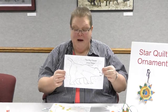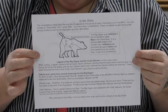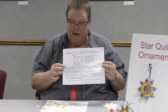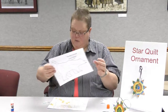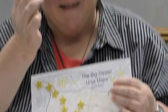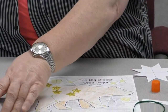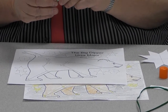And if you look up in the night sky anytime, you're probably going to be able to find the Big Dipper. On the back of this sheet, we have some information about that constellation, Ursa Major, the Great Bear, and how he's viewed in the Lakota, Nakota, and Dakota world. But with this coloring sheet, we let you color it, and what we've done is we put a little bag of stars in there, so that once you have completely colored your Ursa Major Big Dipper, you can take the stars, these are sticker stars,